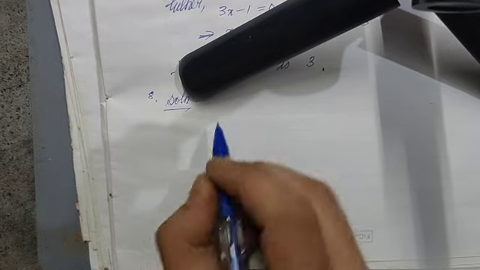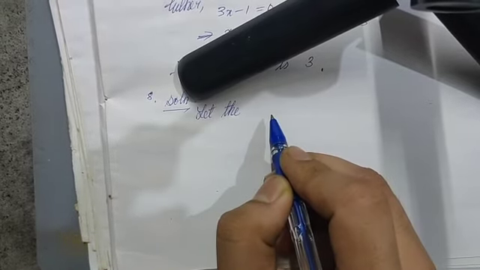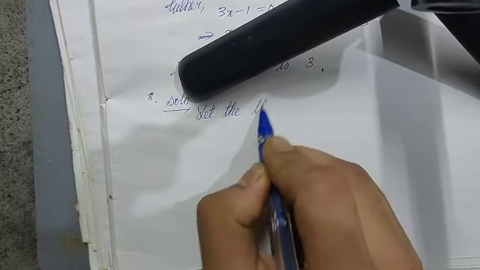Question number 8. Find 3 consecutive positive integers. Let the 3 consecutive positive integers be